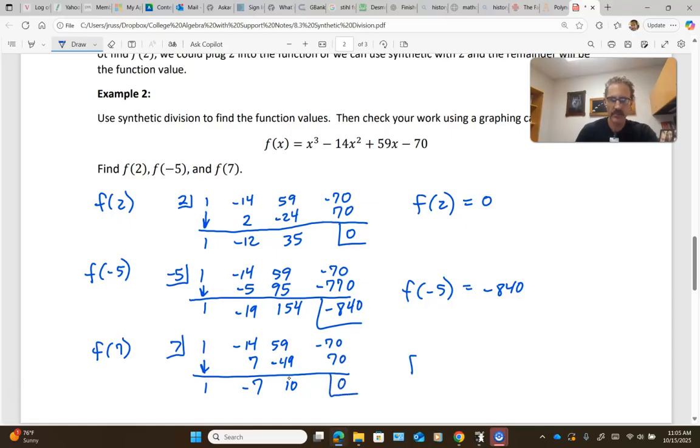Okay? So this means that 7 is actually another 0 of this function. And that's really how we're going to be using synthetic division. It's going to be a quick way for us to determine whether a number is a 0 or not. And then we're going to work with the quotient that's left. Because if it is a 0, then this quotient that's left over, this quadratic quotient right here, will be a factor. And then if we could factor that, we might be able to find the other two zeros of the function. Okay. What I want to do real quick, though, is just show you in Desmos,